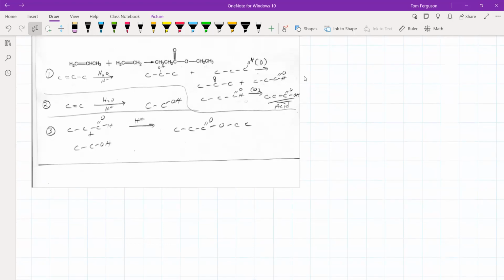And also, instead of 2 carbon, this is a 3 carbon. And I modified this to be 2 carbons. So